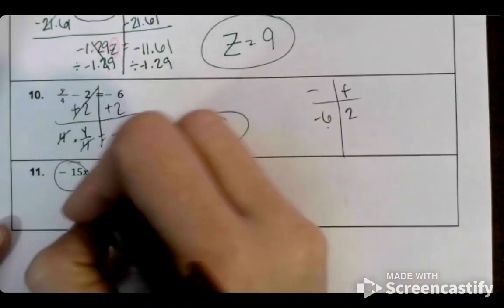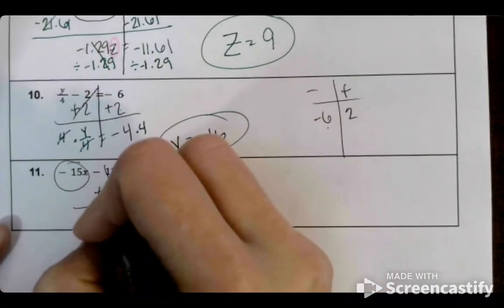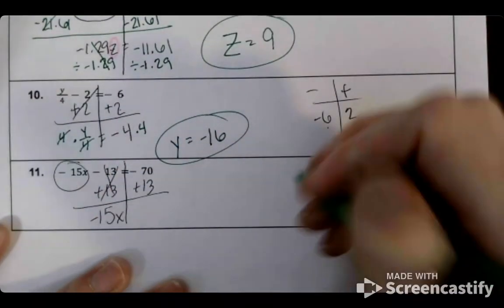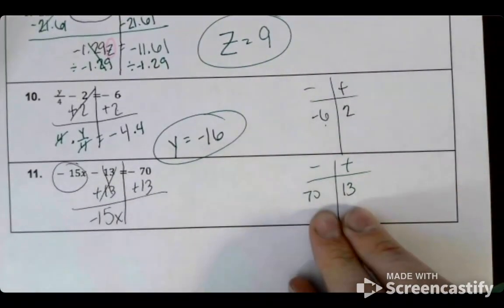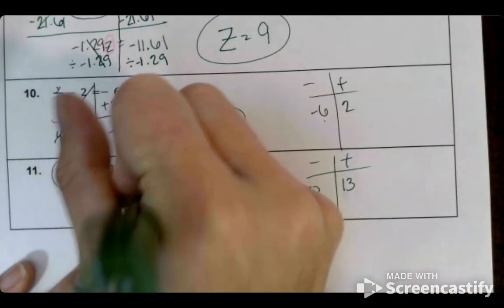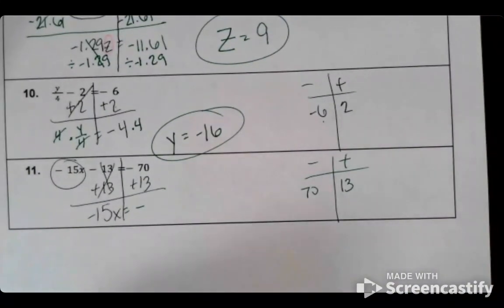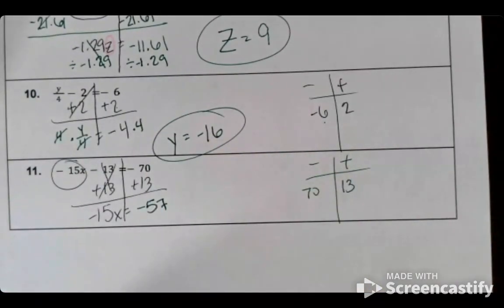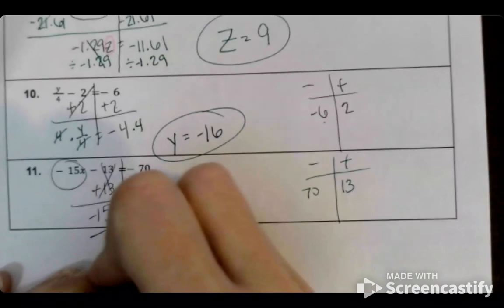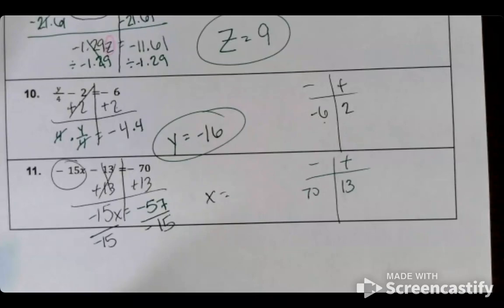Welcome back. We should have added 13 on both sides. That gives me negative 15x still over here. And then again, we have 70, we have 13. Who won? The 70 side. So my answer is negative. And 70 minus 13 would be 57, which means this is probably going to be a decimal, but that's okay. Then I'm going to divide by negative 15 on both sides. And x equals